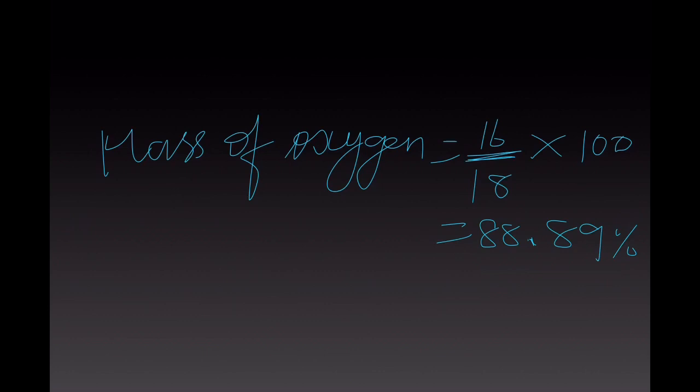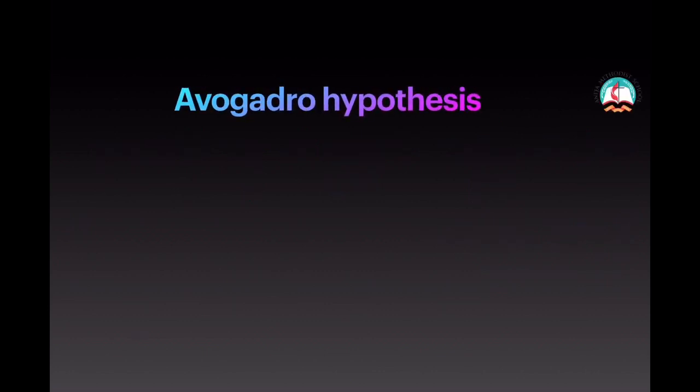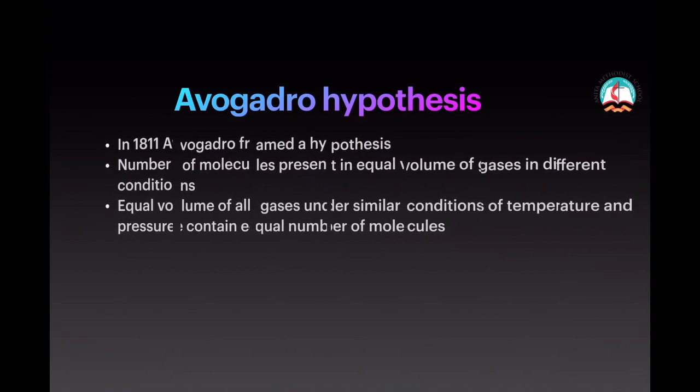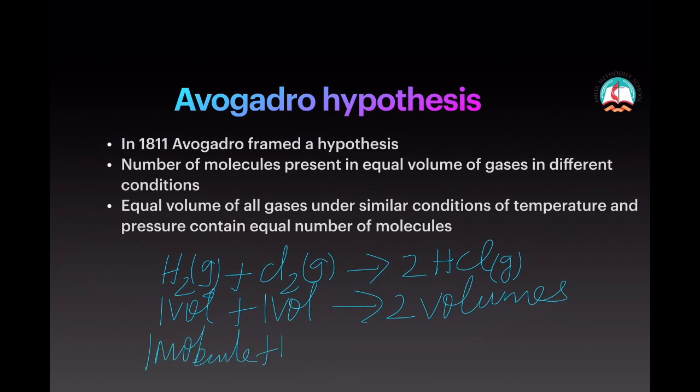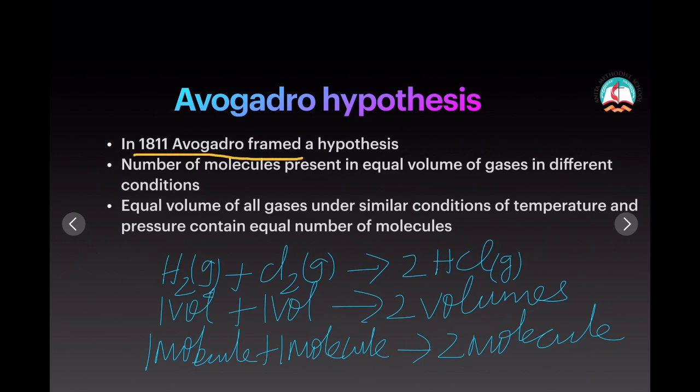Avogadro hypothesis. In 1811, Avogadro framed a hypothesis based on the relationship between the number of molecules present in equal volume of gases in different conditions. Based on this, he proposed a law which is called Avogadro law. According to Avogadro law, equal volume of all gases under similar condition of temperature and pressure contains equal number of